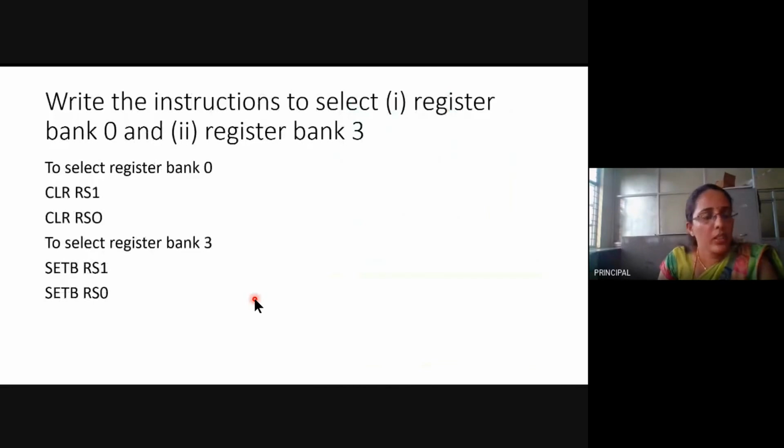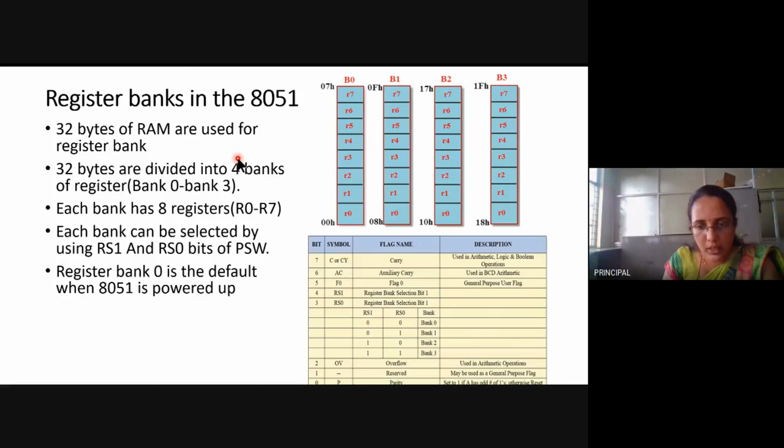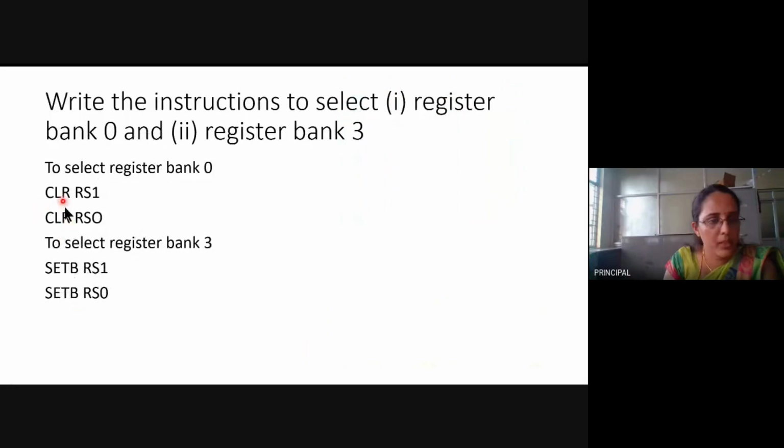Write the instructions to select register bank 0 and register bank 3. For register bank 0, you need RS1 and RS0 as 0, 0. There are instructions like clear bit and set bit. Clear RS1, clear RS0 will select register bank 0.